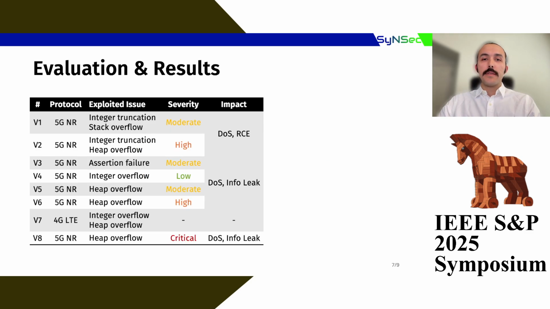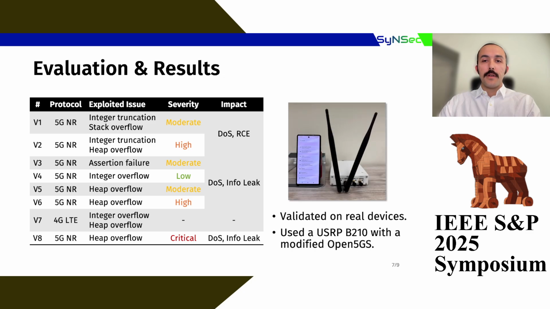Well, can LORIS find real bugs? It uncovered 7 previously unknown exploitable vulnerabilities, including integer, heap, and stack overflows. All were confirmed by vendors and assigned CVEs, with some rated high or critical severity, including one triggered by a malicious SMS. To validate them, we replayed LORIS-generated inputs using a modified open-source core network and sent them over the